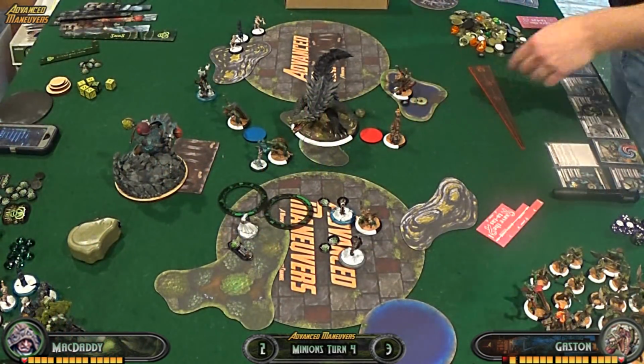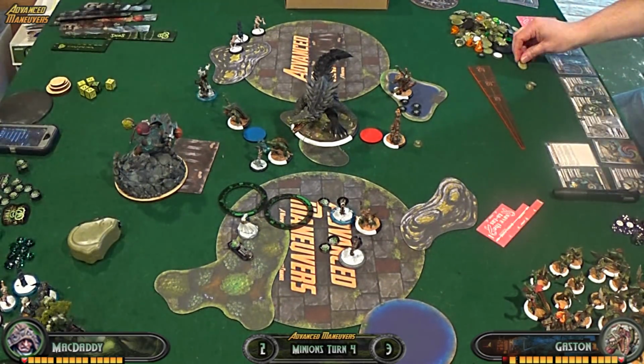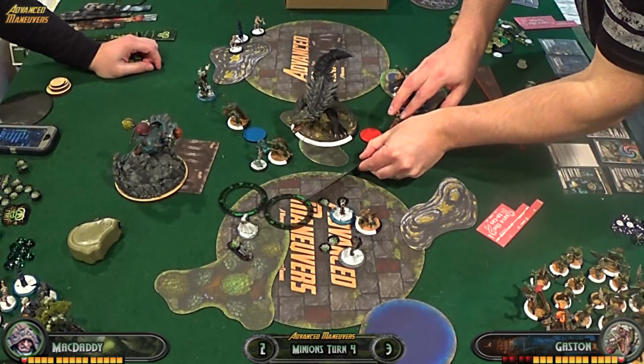When I'm throwing the Witch Doc up into the zone at the bottom, I pretty much assume he's going to die and he's just a contesting piece, and wow, those are some bad dice rolls. I can't believe he's actually still alive. So, obviously now the